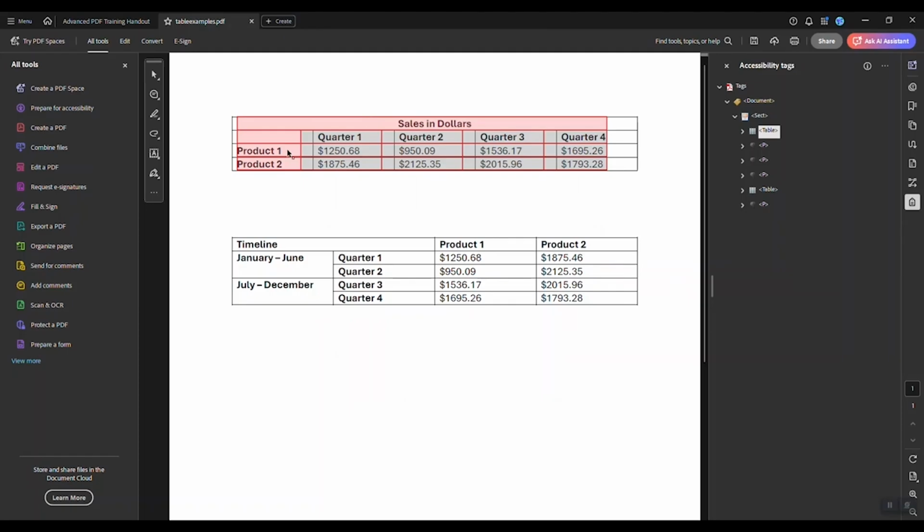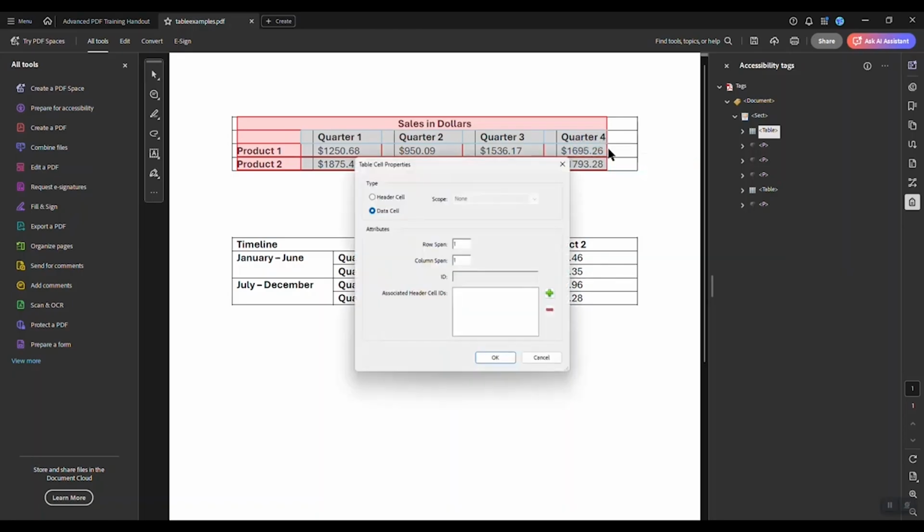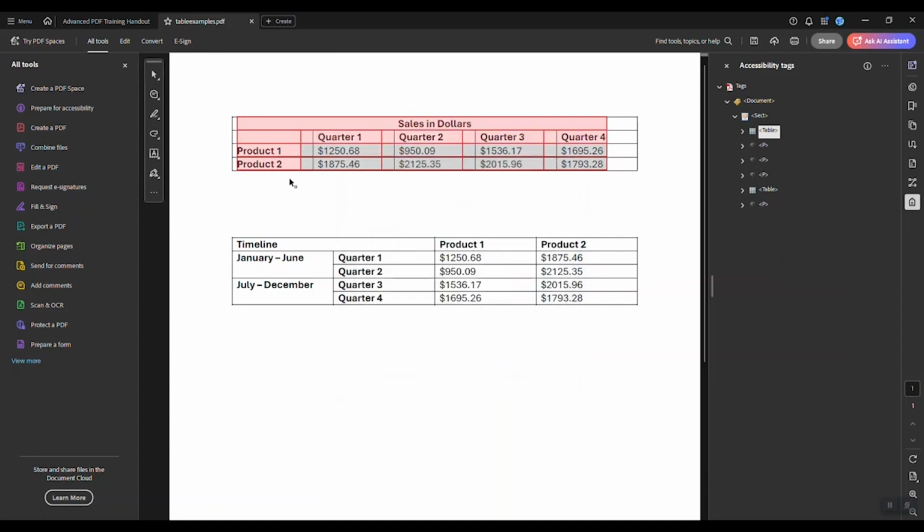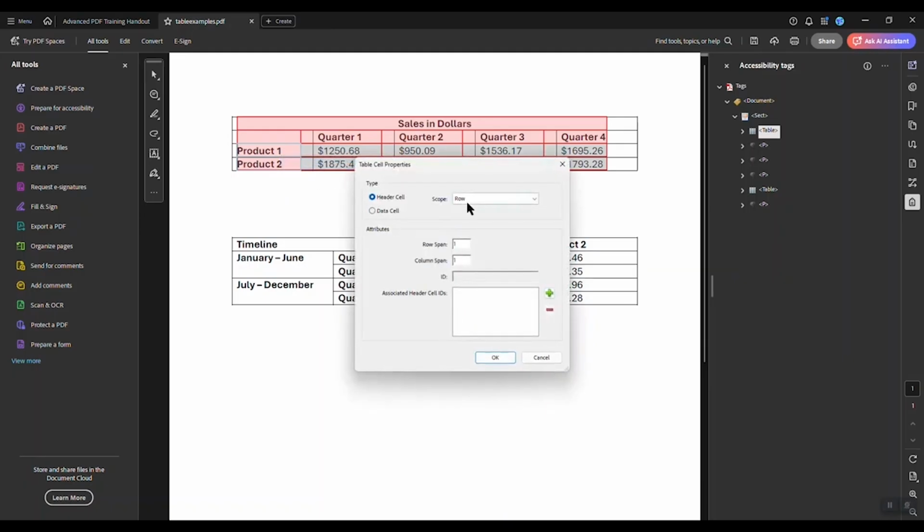Select the quarter 1, quarter 2, quarter 3, and quarter 4 cells. Then right-click, then select Table Properties. Table cell properties include type section, header cell, scope equals column, attribute section, row span equals 1, column span equals 1. Select the product 1 and product 2 cells, right-click, then select Table Properties. Table cell properties include type section, header cell, scope equals row,